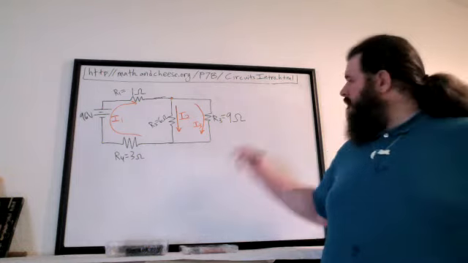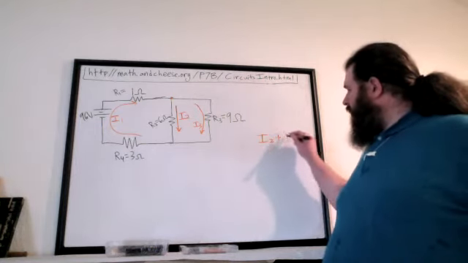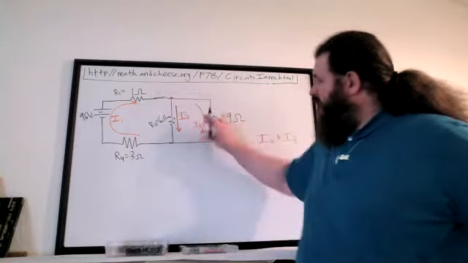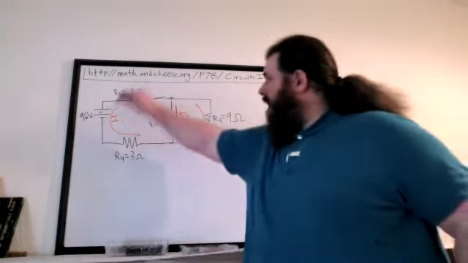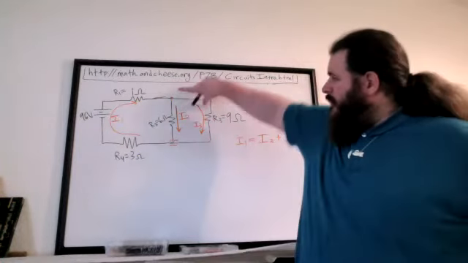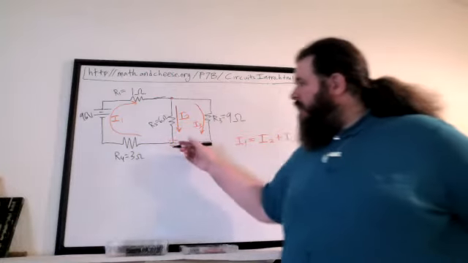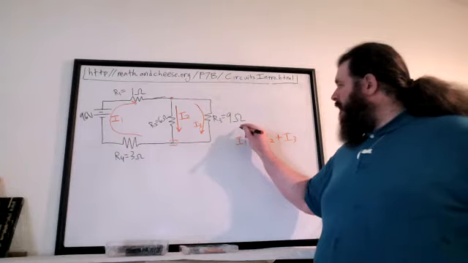I2 plus I3 would equal I1. Yeah, I2 plus I3, the total current flowing out of this junction, has to match I1, the total current flowing into this junction. You can do the same thing with this junction as well. Total current in would be I2 plus I3, total current out would be I1. So either way, you get this equation from the junction rule,